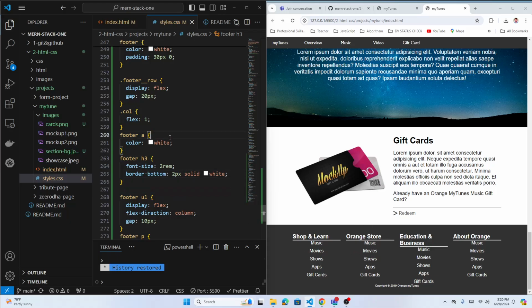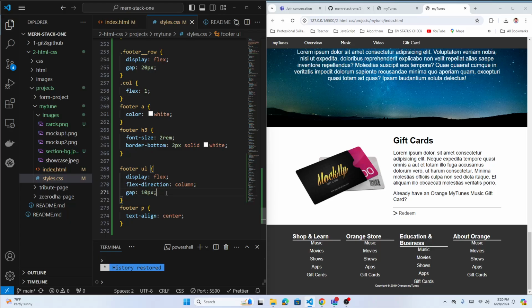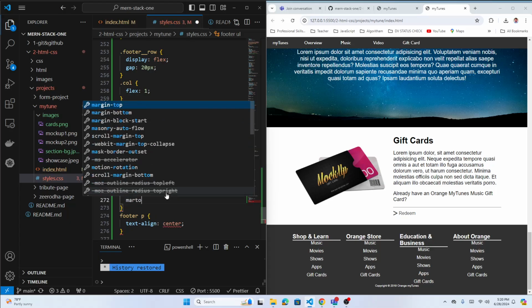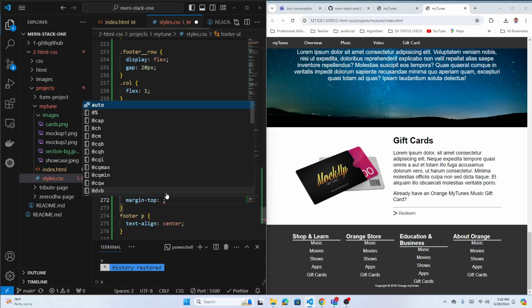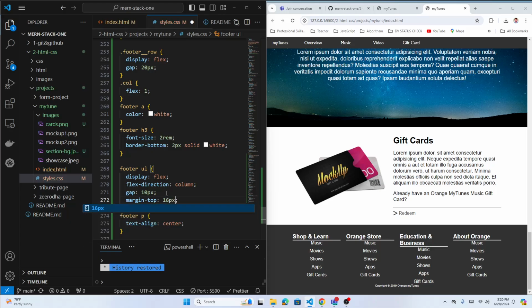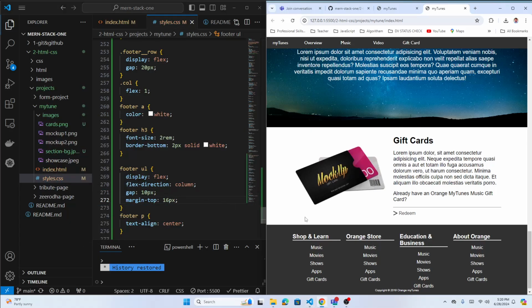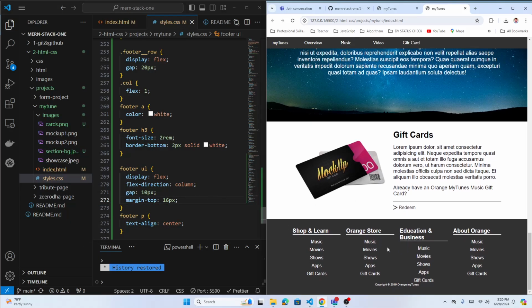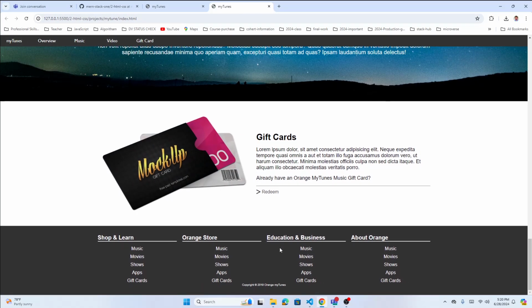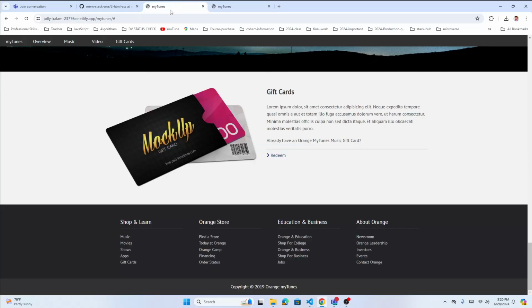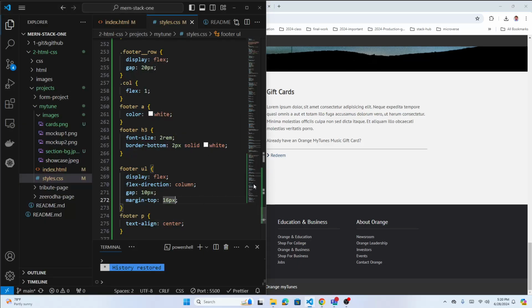Okay, and then the UL must go down, right? So add margin top of 16 pixels, so it will push a little bit down. Okay, so if you expand, it should look something like this, but I don't know if it's similar, right? There is a lot of space between,